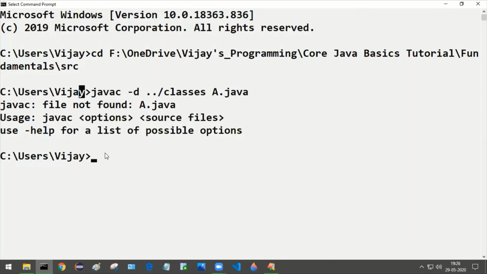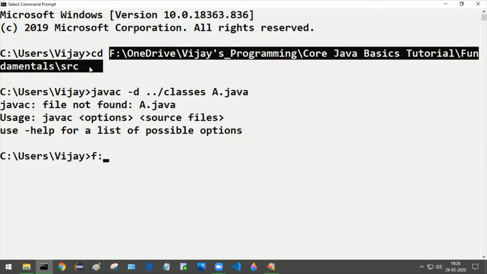We have already directed the command prompt to point to this particular location, but still we are not in that folder location. We need to give the name of the drive in which we have our file. In my case, that is the F drive.